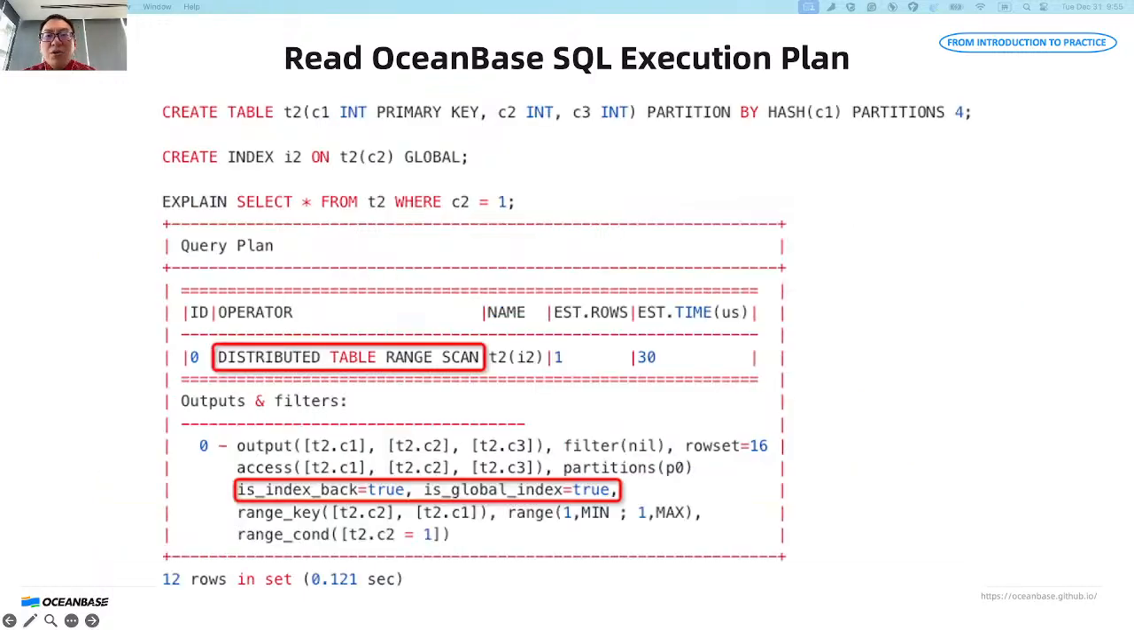Table scan also has a form called DAS, which stands for Data Access Service. The symbol in the plan is the addition of a distributed before the table scan operator. If the data distribution crosses nodes, resulting in a distributed query, but the query result size is relatively small,